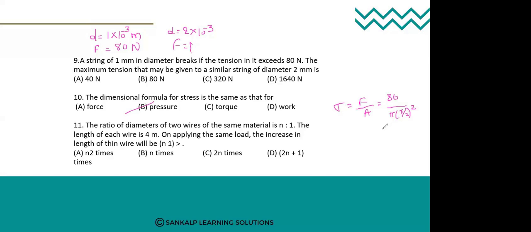As the diameter is 1, the radius value is also 1. Therefore, this becomes 80 divided by pi by 4. This is equation 1, so you can take it as stress 1. The next stress, stress 2, can be calculated as F2 is equal to,